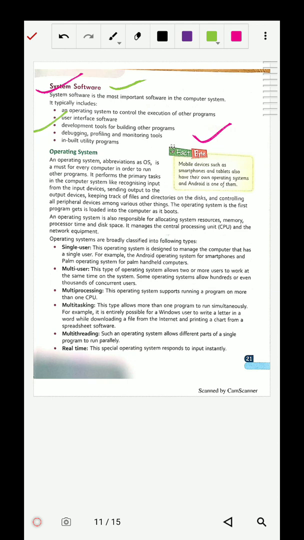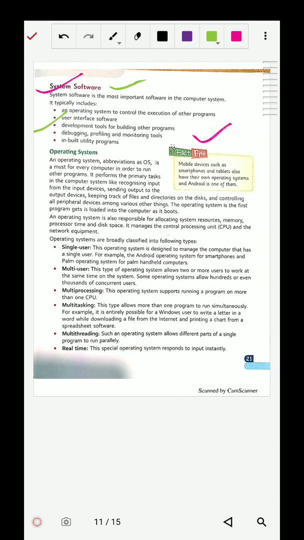If there is only hardware, the computer will not run. If there is only software, the computer will not run. It is the corresponding, the mutual process of both hardware and software, that makes it possible to run a computer. So in software, which part is most essential? That is system software. Got it? The system software is most essential for running any computer.